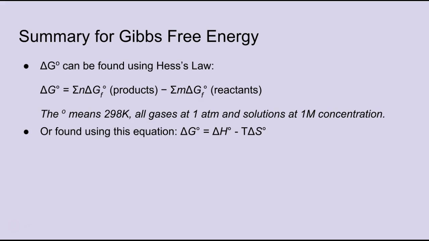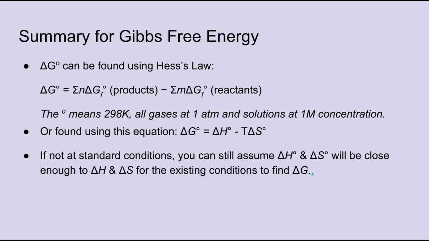So if we're given delta H data, delta S data, or enthalpies of formation and entropies of substances, we can find those values to plug into this equation and find delta G in this manner. And one thing that we have to be careful of is dealing with non-standard conditions. So if we're given a problem where we have the information with which to find delta H naught, delta S naught,